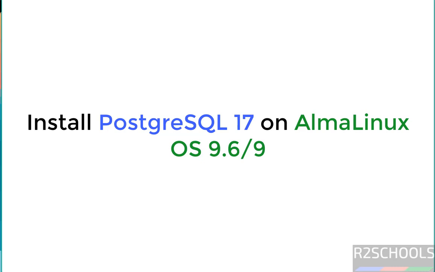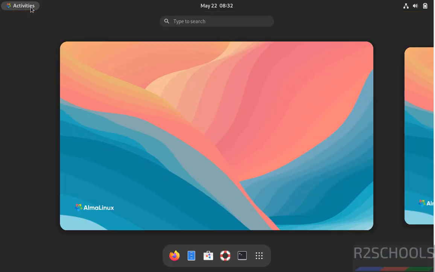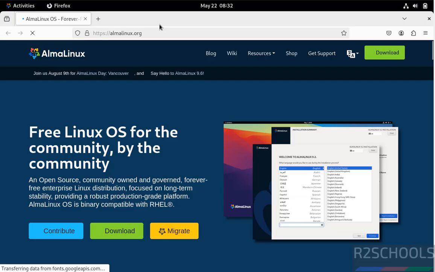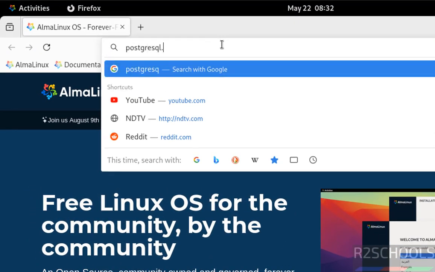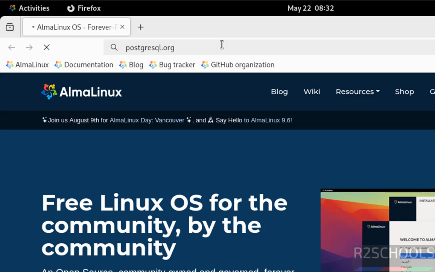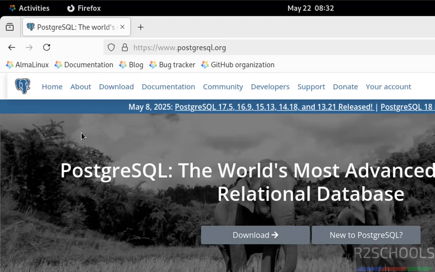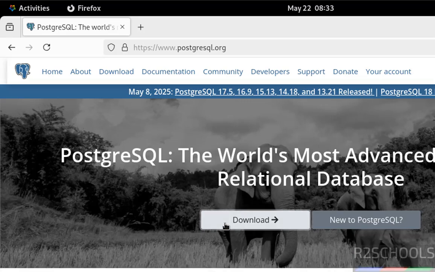Hello guys, in this video we will see how to install and configure PostgreSQL 17.5 on AlmaLinux 9.6. First, open any web browser, then go to the PostgreSQL official website, that is postgresql.org. See here, at the time of installation the latest release is PostgreSQL 17.5. So click on download,